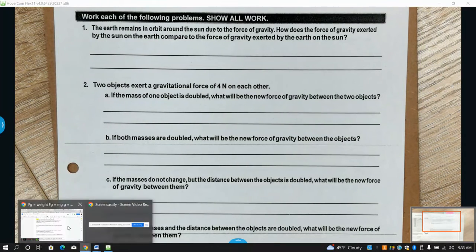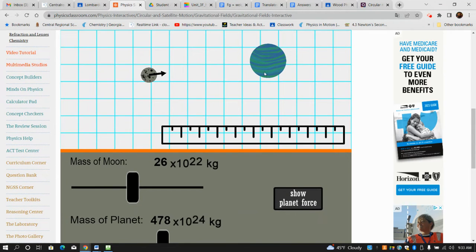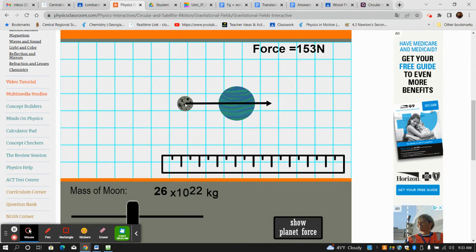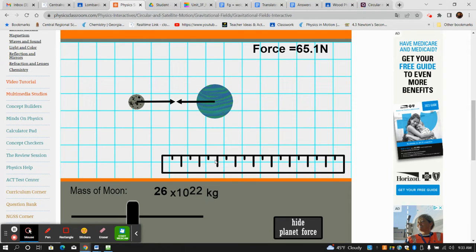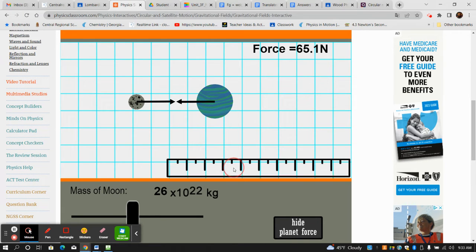So in our simulation yesterday, we were taking just a kind of a gander at how the force changes depending upon distance, right? Farther away, the force gets smaller. As we move closer, you can see that the force increases dramatically. Then we asked if we show the force from the planet as well. If you bring the ruler out, you can measure them, and they will wind up being the exact same